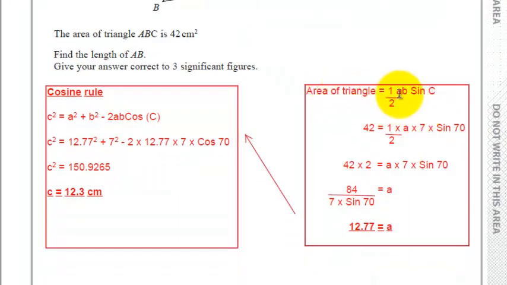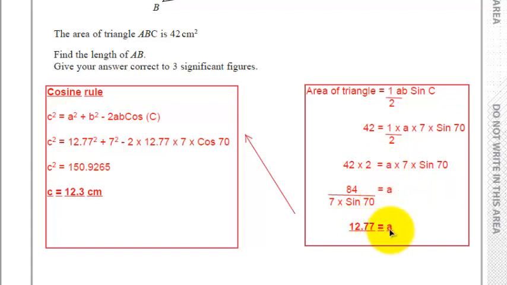This formula, half ab sine C, is also one of the 20 you have to learn. So please make sure you learn them, because without knowing them you won't be able to make any progress on this question at all. If I want to divide by a half to start to simplify this to get a on its own, that's the same as timesing by 2. So I'm going to have 42 times 2 is a times 7 times sine 70. Again, if I divide by 7 times sine 70, I will be left with a on its own, which is